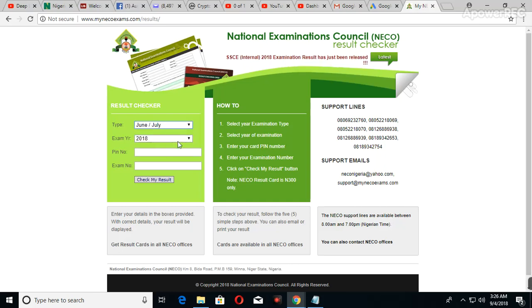Then the year that you wrote the exam, 2013 to 18, any year you wrote. Then check the back of the scratch card that you bought to check this result, scratch it, and the PIN number that you see, type it in here. So when you type in the PIN here,